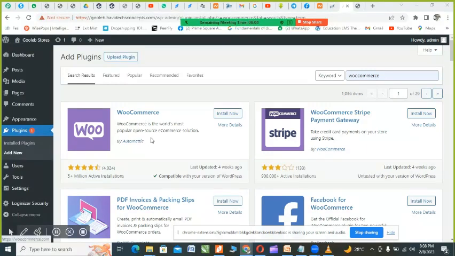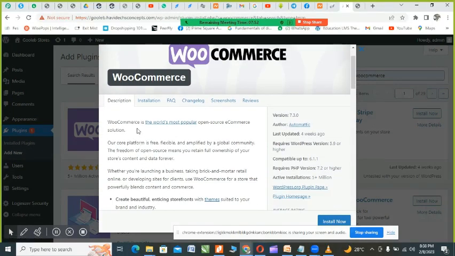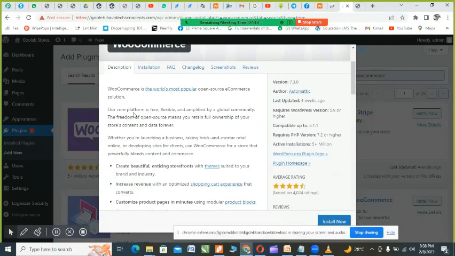So this is it. To know more about WooCommerce, you just click on that link. You click on this link here, more details, and you get further details. WooCommerce is the world's most popular open source e-commerce solution. Our core platform is free, flexible, and amplified by a global community. The freedom of open source means you retain full ownership of your store content and data forever. Whether you're launching a business, taking bricks and mortar retail online, or developing sites for clients, use WooCommerce for a